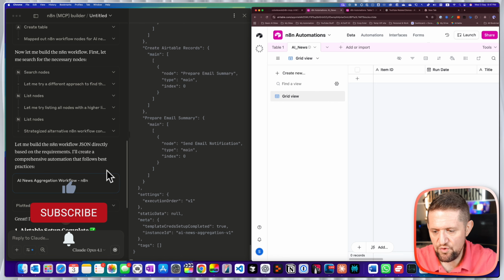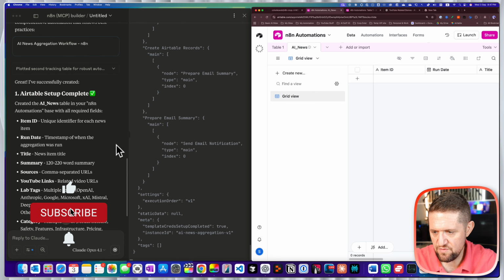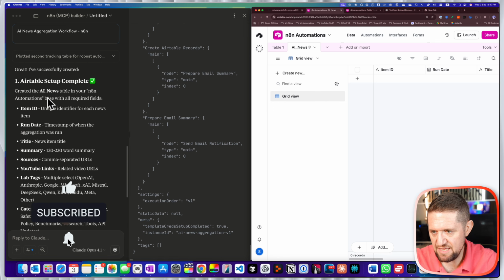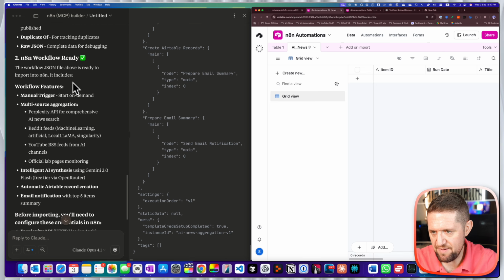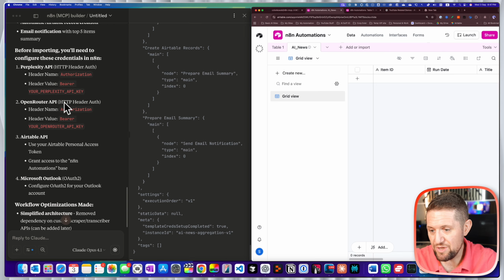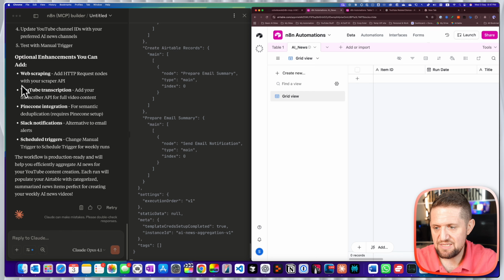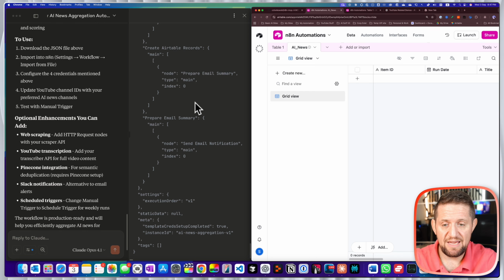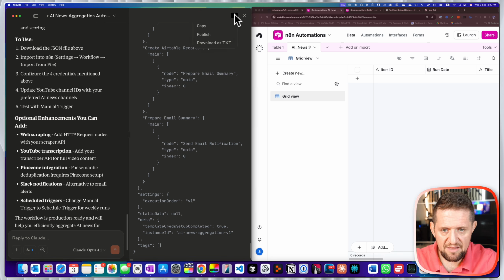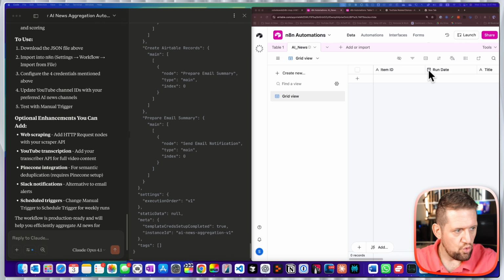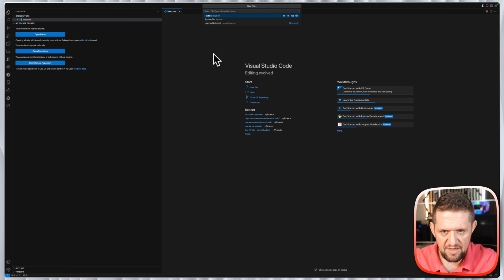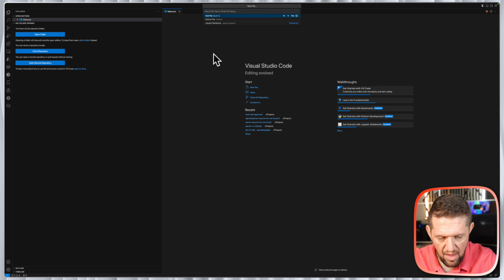So it fully did the whole automation for me. And it's just explaining to me the Airtable setup and then the workflow and what I need to actually plug into my workflow to get it to work. And okay, it's even telling me some optional enhancements I can make on this. So let me, in my artifact, actually download it as text, and then I need to change it into, actually, let me copy it and let me quickly open VS Code. I'll open a new file in VS Code. I will call it